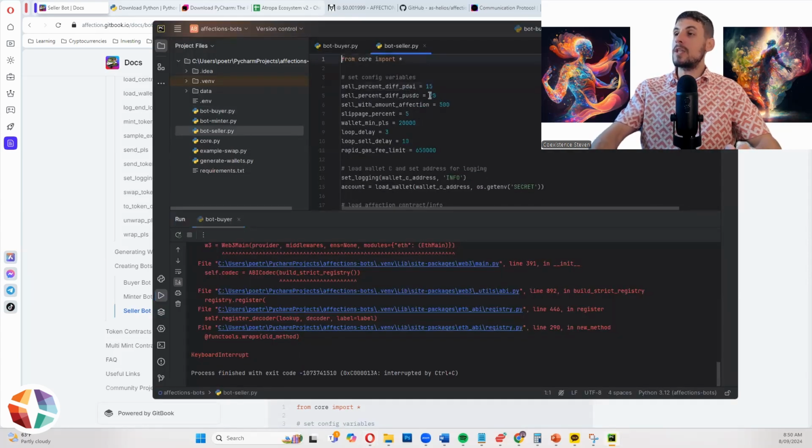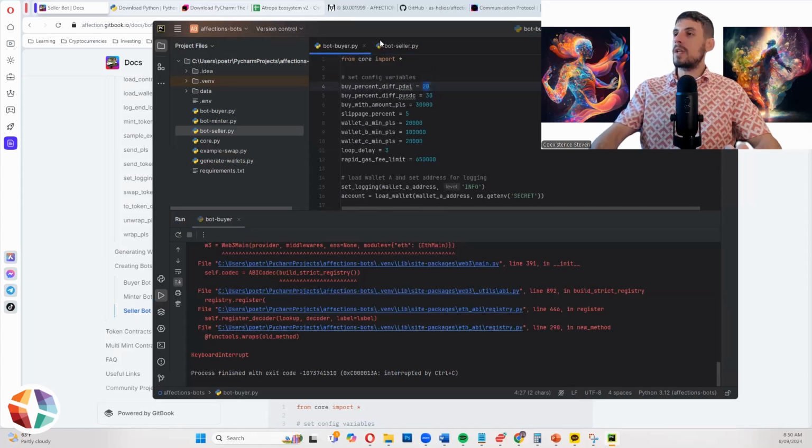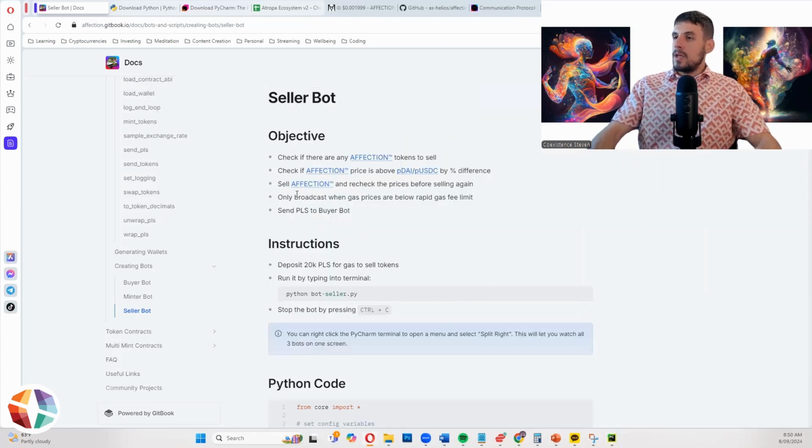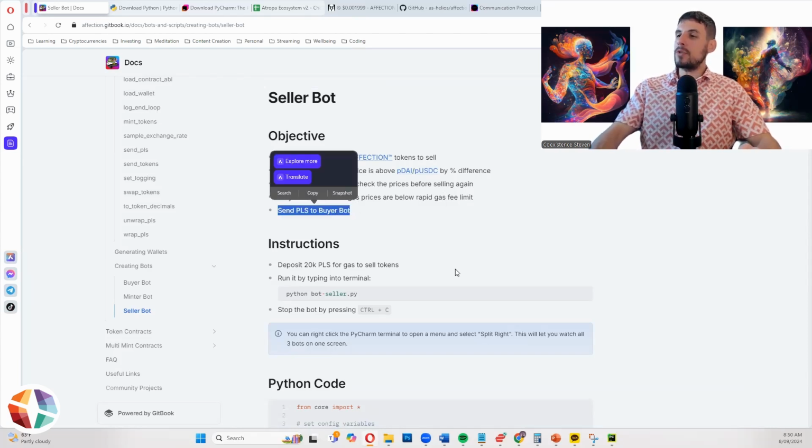So it's going to give you these percentage differences here. So yeah, you want to make sure that these numbers are, obviously here you got 20%, 15%, 30%, 25% arbitrage. Okay, so only broadcast when the gas prices are below rapid gas fee limit, and then it's going to send the profit of the pulse chain back